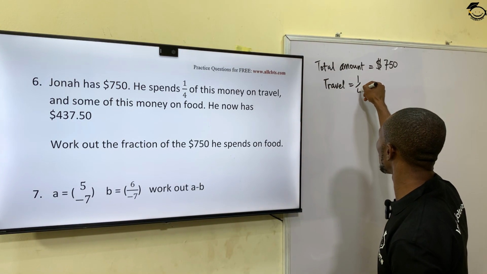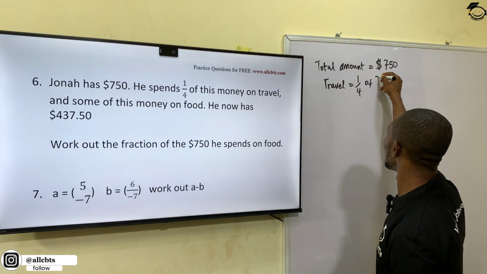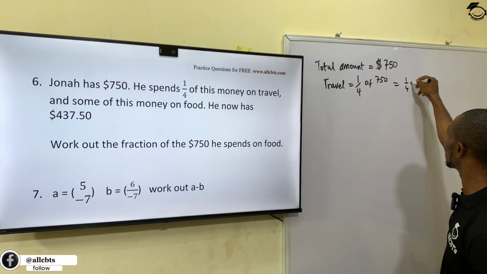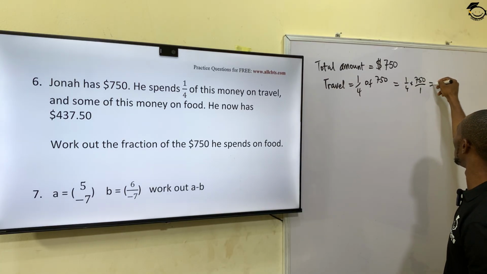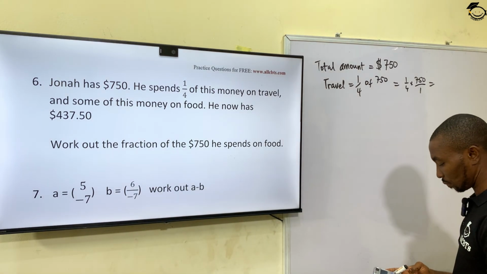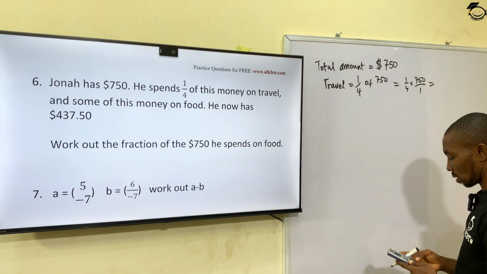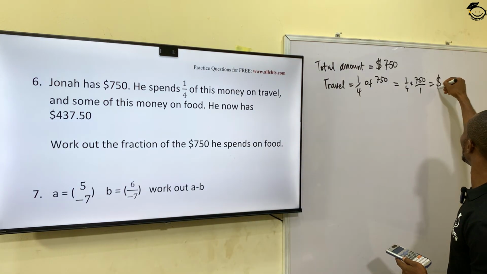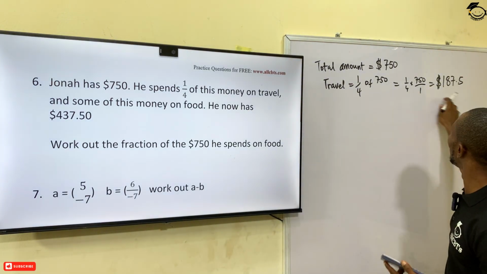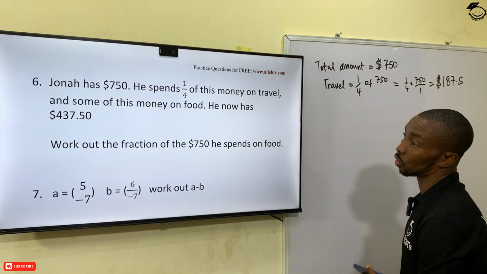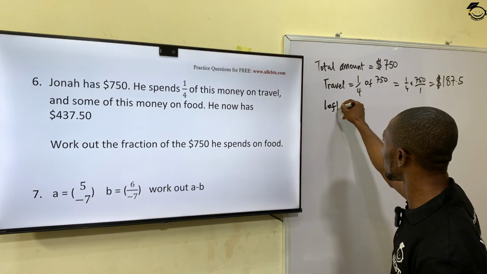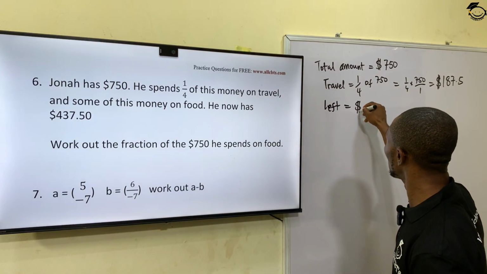All right. Now he spends on travel. He spends 1/4 of 750, which when worked out, we have 1/4 times 750 over 1. All right. Now, 750 divided by 4 gives us $187.50. All right. That's what he spends on travel. Now, they said what is left? Left is